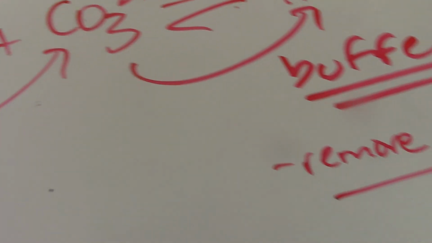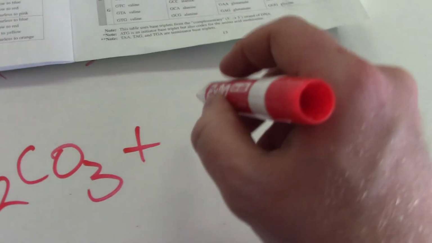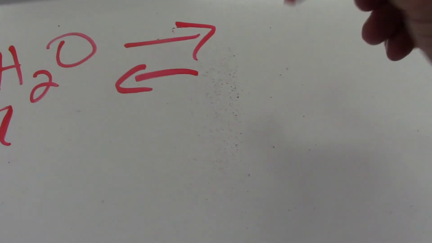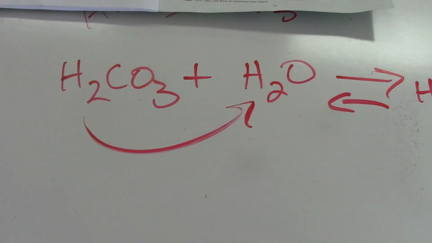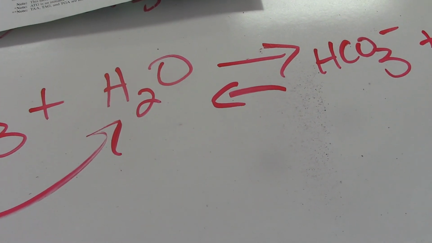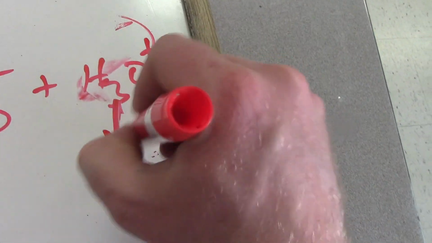So let's say we have this. Let me give you another buffering example. So let's say we have the carbonic acid, and this is something that happens naturally in our body. Let's say we have H2CO3, and it's reacting with water. So the carbonic acid can donate a proton. Okay, and when we make carbonic acid as part of a buffering, so when we make an excess amount of CO2 in our bloodstream, we'll make carbonic acid, and the carbonic acid will make some hydronium in the bloodstream, and then this affects